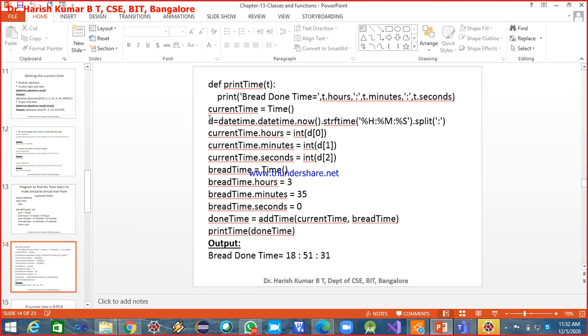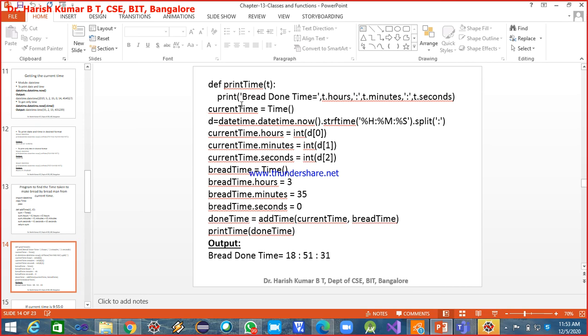Now d is the list of strings, where the first item is going to be the hours, the second item the minutes, and the third item the seconds. See, so many things you're able to do in one single line. We are reading the system time, formatting it as required, and then splitting it and building a list of hours, minutes and seconds.